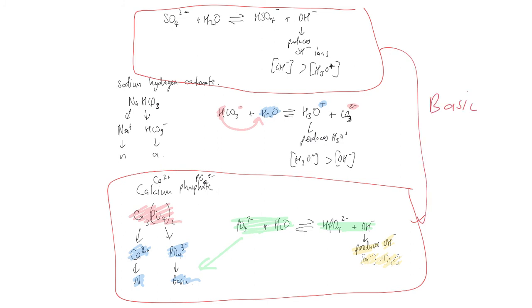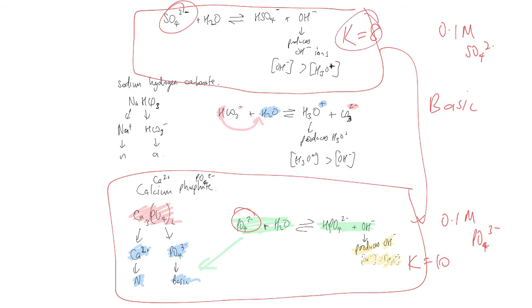Yep, they're both basic. So if I had 0.1 molar SO4 2 minus and 0.1 molar PO4 3 minus, so that's saying I've got the same concentration of those two things, right? I've dropped them into a solution, and then if I was to say which one is more acidic, which one is more basic, which one has a higher pH, it would depend on the K value. Okay, so if I said that this K value had a value of like 8, and this had a K value of 10,